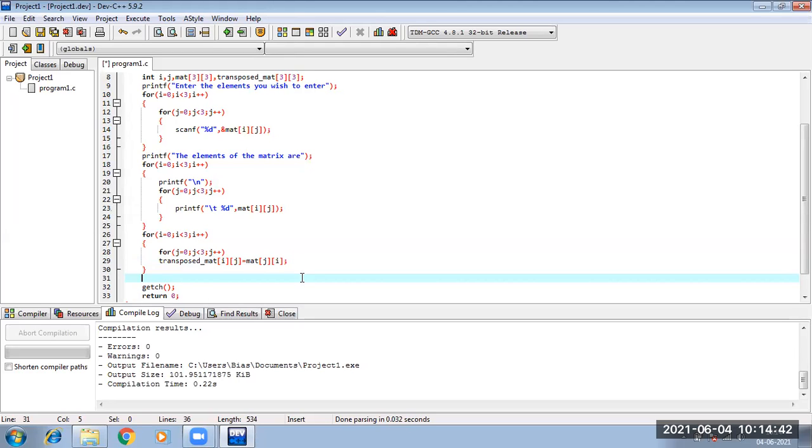Whatever is in the position of I will be in the position of J, and whatever is in the position of J will be in the position of I. Then only the opposite happens in matrices. This you already know from the mathematics concept. And once my matrix has been transposed, what is my work? Just to print my transposed matrix. Now what will I do?